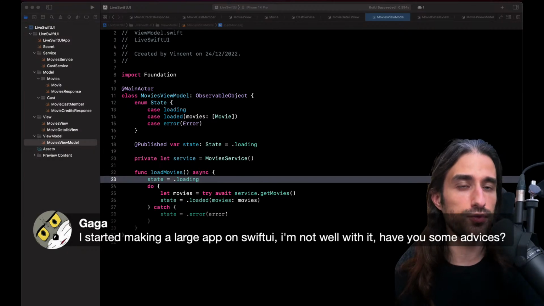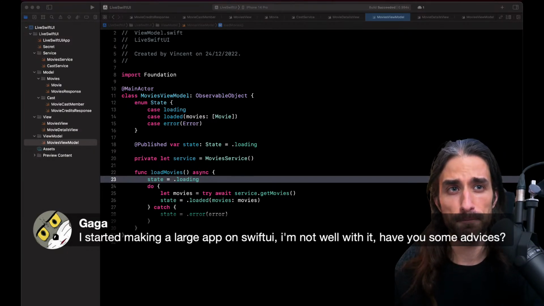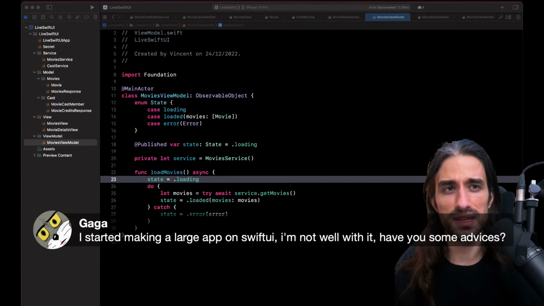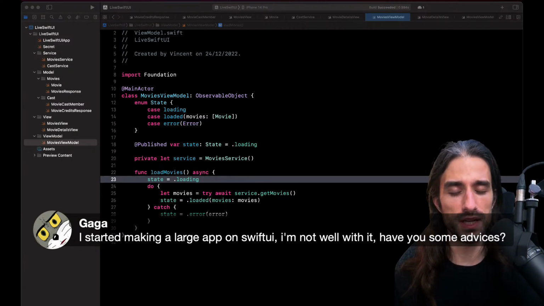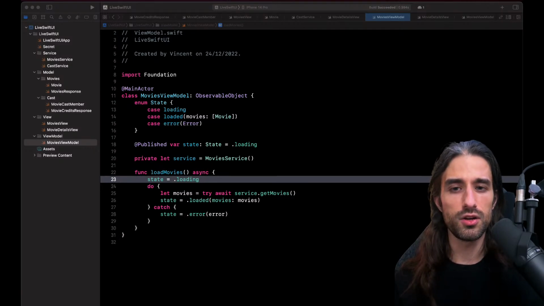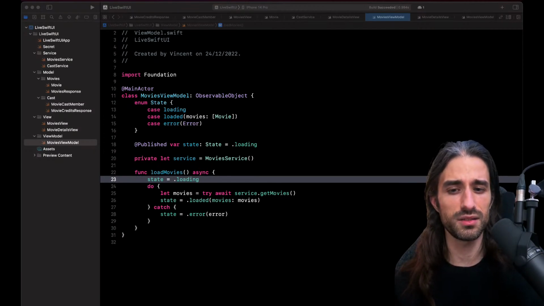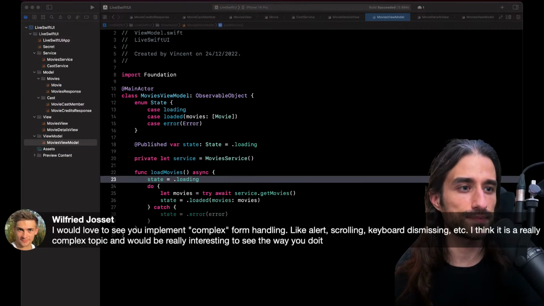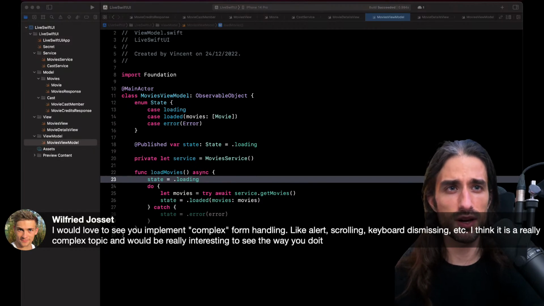And so making large apps with SwiftUI, that's actually a big topic. Very hard to cover, but I would say, off the top of my head, learn about dependency injection. It's really the big skill to be able to make things scale. Learn about how to split things into packages also. But yeah, being able to inject the parts of your app and to split responsibilities, I feel like that's probably the thing I would start with. And yeah, implementing complex things. So that's something where this format of live stream could work very well.